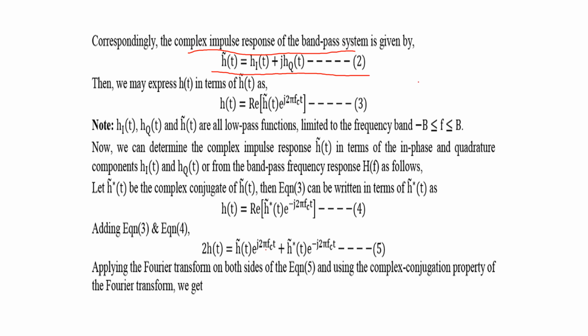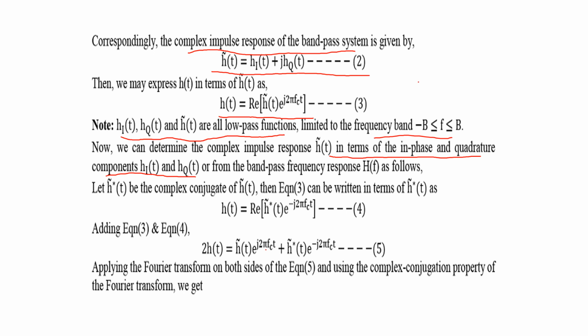We may write the original bandpass impulse response h of t in terms of the complex envelope as h of t equals real of h tilde of t e to the power of j 2 pi fct, where hi, hq and h tilde are the low pass signals. We are converting high pass to low pass, having the frequency band from minus B to plus B. We can also determine the complex impulse response h tilde of t in terms of the in phase and quadrature components hi of t and hq of t